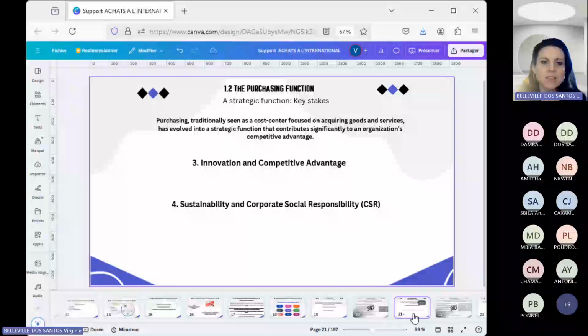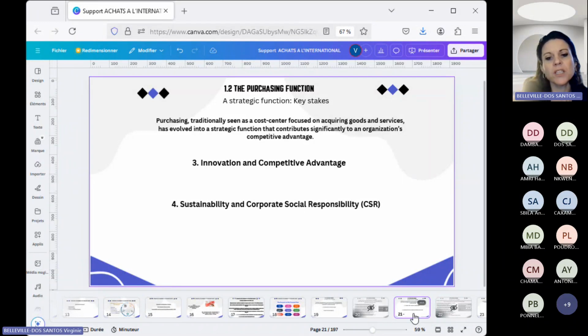And point 4 is sustainability and corporate social responsibility, which is called CSR. CSR is today one of the biggest subjects inside the ETI, so the big companies, because there is a European law which obliges all the companies to make some adjustments for 2025 and 2026. And about sustainability and CSR, we can talk